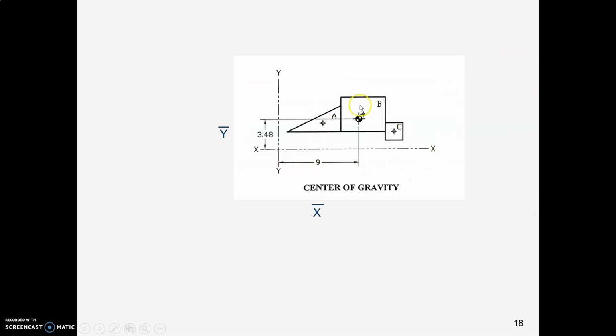So here is what we came up with. Here's our snowplow. There's a kind of a symbol representing center of gravity. And here is where that center of gravity is located in two directions. In the X direction, it's 9 feet, and in the Y direction, it's 3.48 feet. In the next set of slides, we'll use that same method just to find the center of an area, now that we've got a handle on this method of using